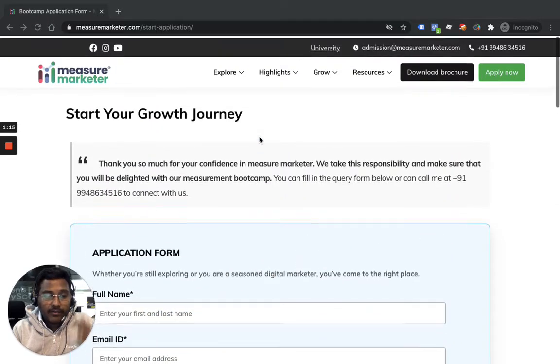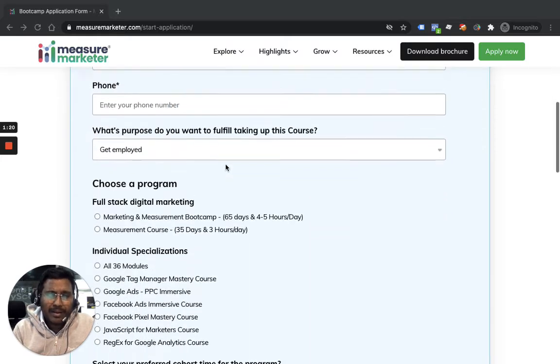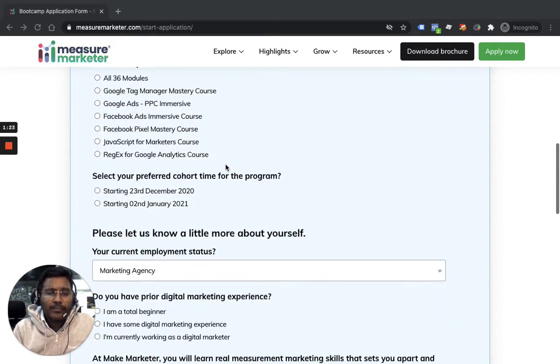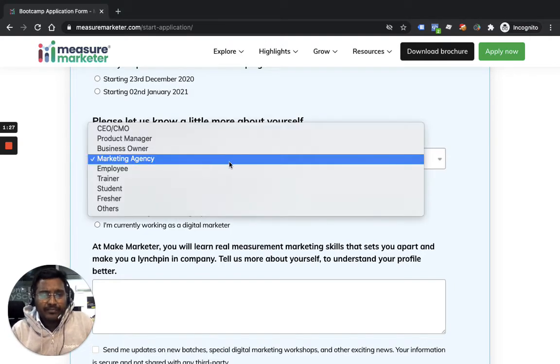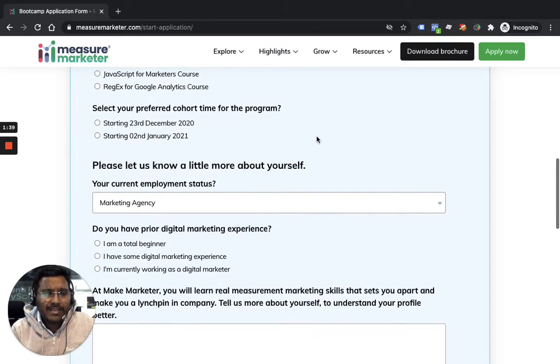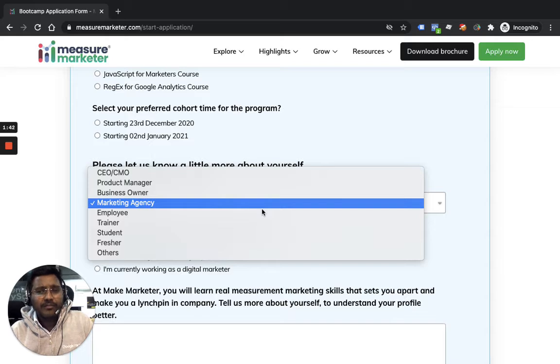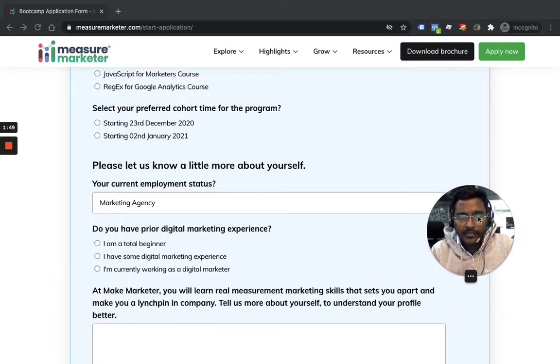Right, I have a website. This is one website, called Measure Market, our website where people come and eventually fill the form. Whenever people come to my site, I want to track what they are filling in here. Once I track and send that information to Facebook, in Facebook I can create a custom audience, which I will talk about in the targeting video next. But here I'm restricting myself to tracking. So imagine whenever people come to the site and select something, I want to capture that information and send it to Facebook. So how will I do that? Just see. For that, let me drag this here.